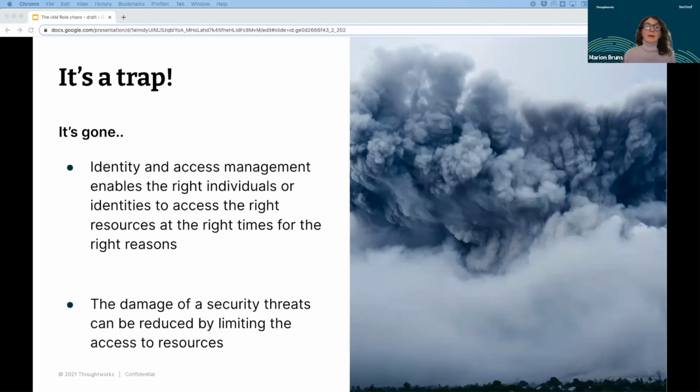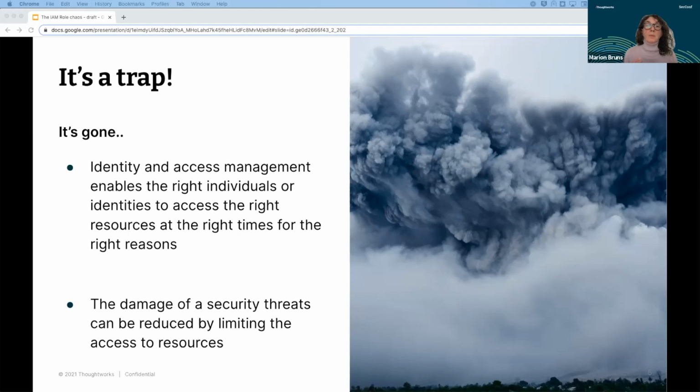Identity and access management consists of two parts, or two concepts. One is authentication. This is where individuals or systems have to authenticate in order to prove their identity. And the second part is authorization, which is the process of checking what access to resources an entity has or should have.